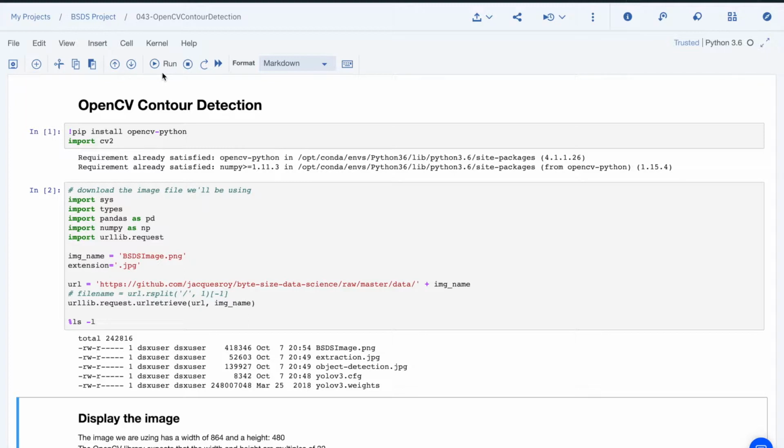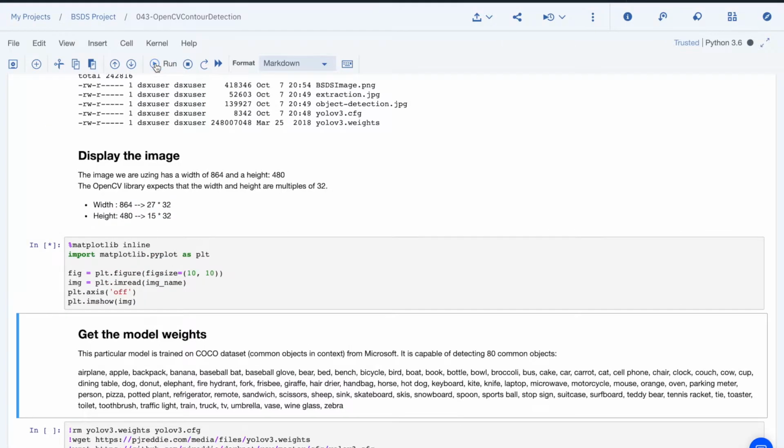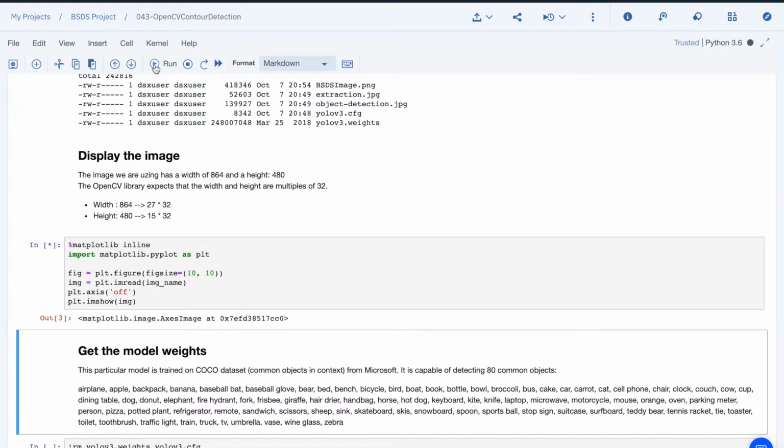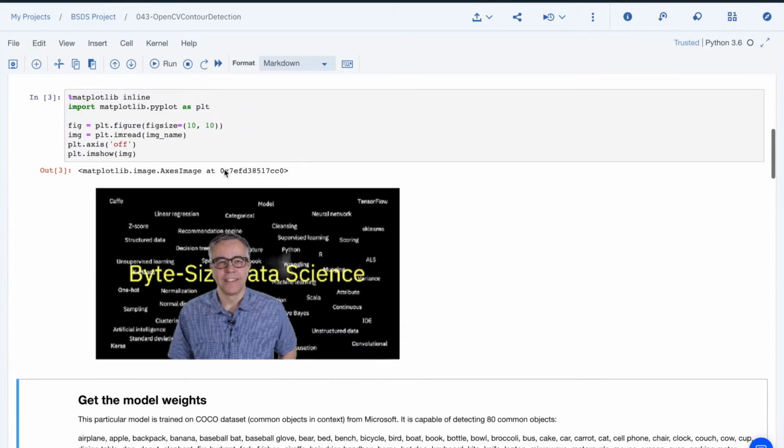The process we're following is to take the original image and extract the foreground image. Then we do the contour detection. Let's see how it's done. We first install the OpenCV library and load our target image. As we can see, we're starting with an image that needs to be processed before we can do the edge